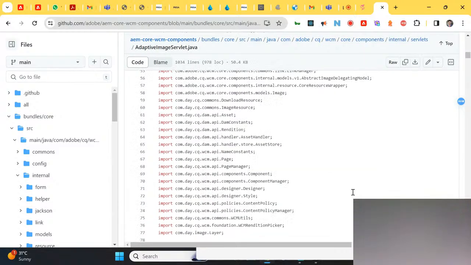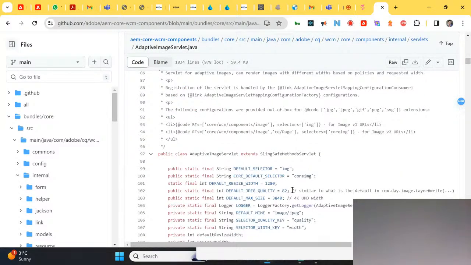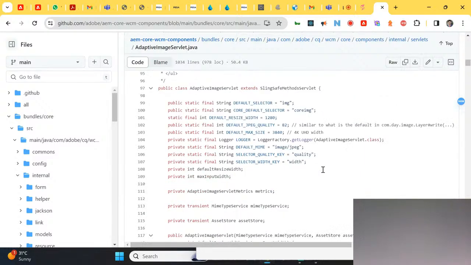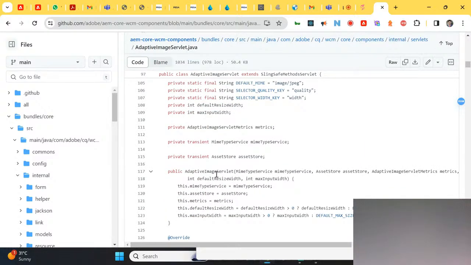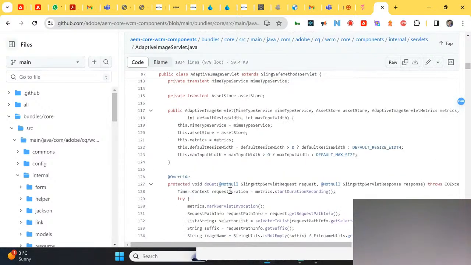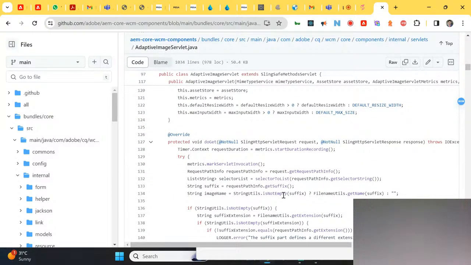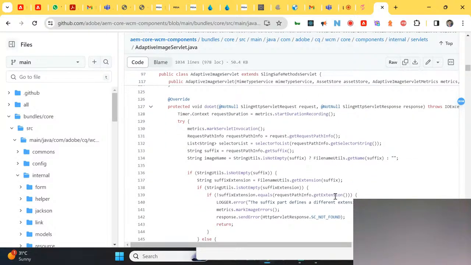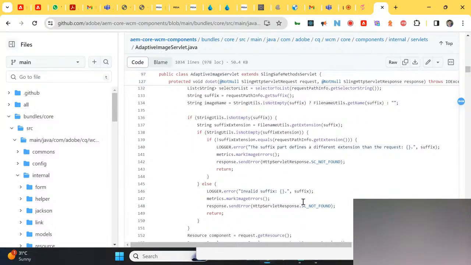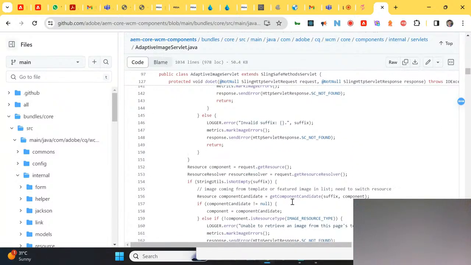Okay, and it has all the methods to create custom renditions. Okay, it takes the request, it takes the suffixes and prefixes, and we can get the pixel sizes which we want to use for creating the rendition.